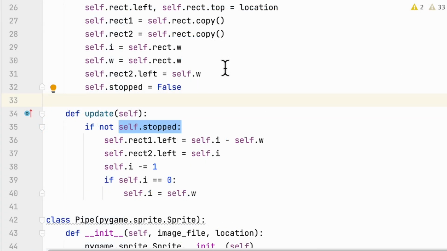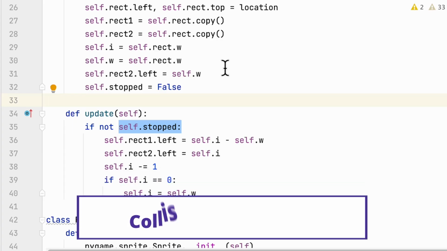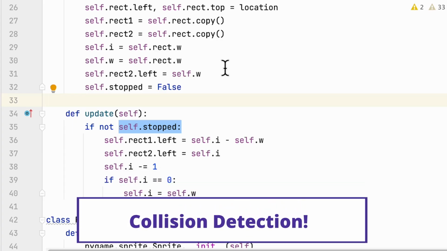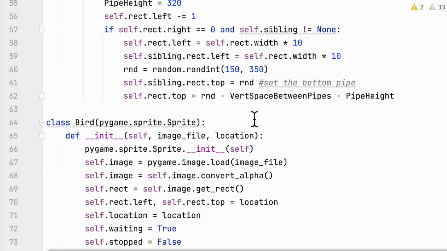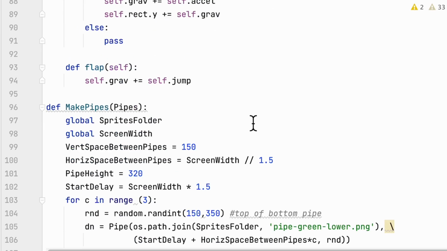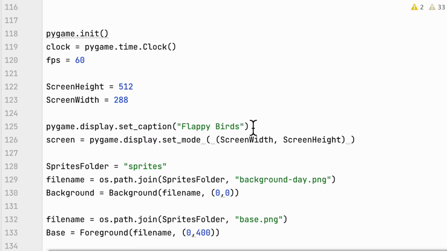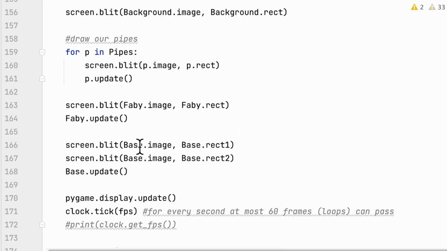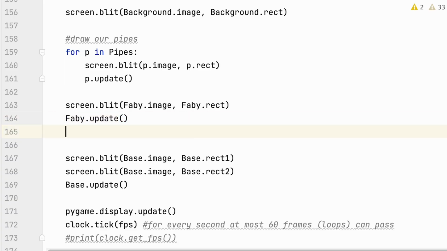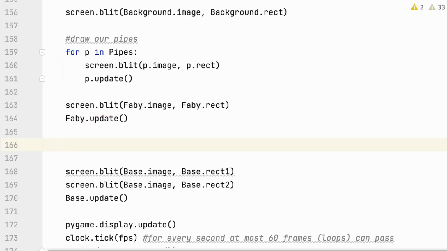Now the moment you've all been waiting for. Let's go ahead and add our collision detection. So when the bird hits, things stop and the bird falls. Let's see what we can do there. Let's scroll on down. All of that kind of stuff happens within our game loop. So let's go down to here. Maybe like right after we update Flappy, let's put our